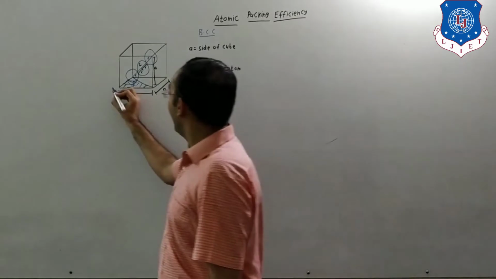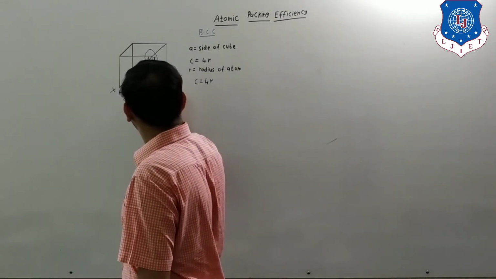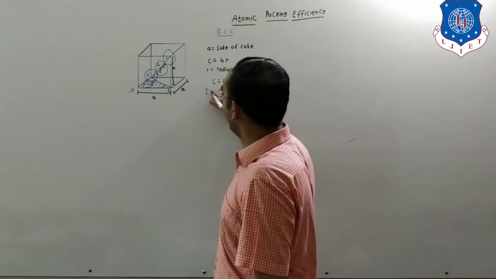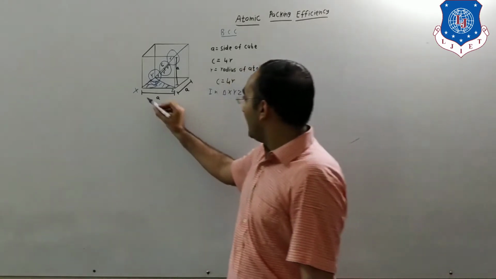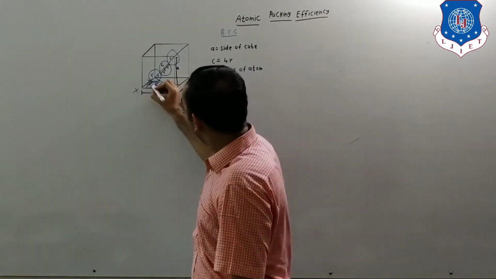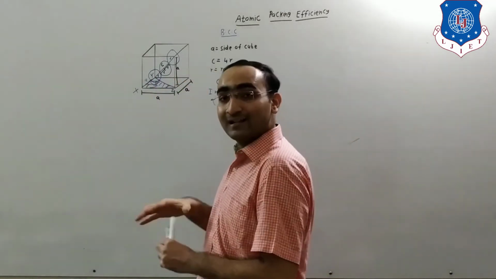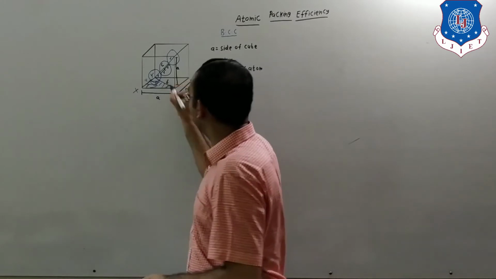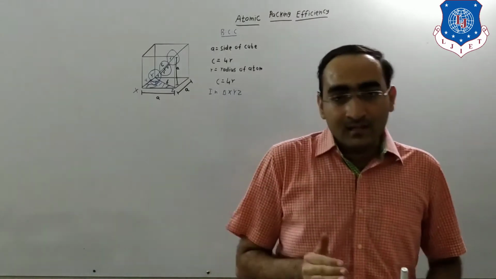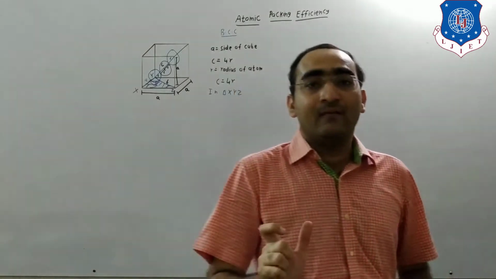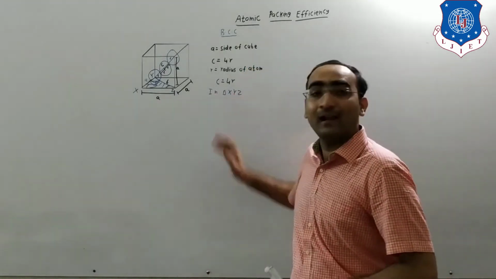Let us take this area x, y, z. So in triangle x, y, z, what do we have? We have one side A, and this side A, but this is not the side of the cube. Let us take the diagonal side as B. We know in a cube each and every side has a 90-degree angle. So we are using the Pythagoras theorem in triangle XYZ.